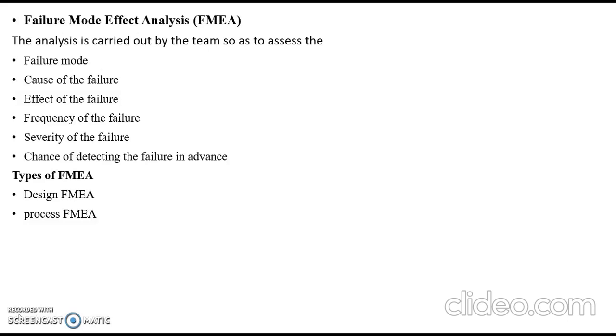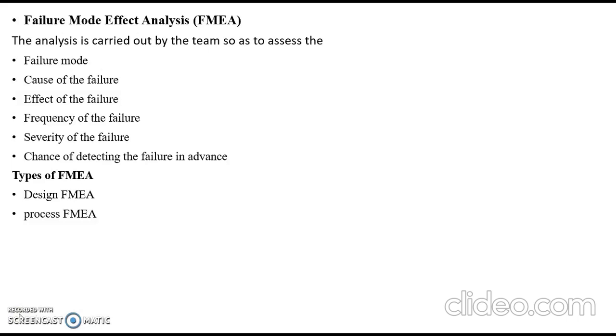Next, some terminologies used in FMEA. First one is the failure mode. The failure mode describes the way in which the design or process may fail to fulfill its functions or to meet the customer specification. Each description is in physical or technical terms and is not a description of symptoms of failure. That is failure mode. For example, a failure mode can be a data entry error, invoice error, address error or forecasting error, etc.